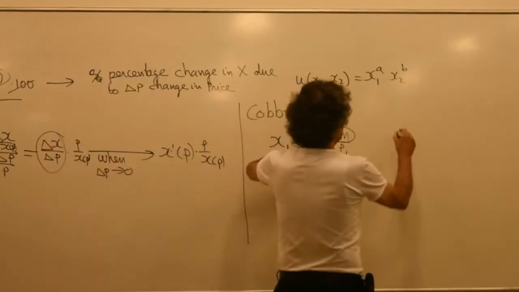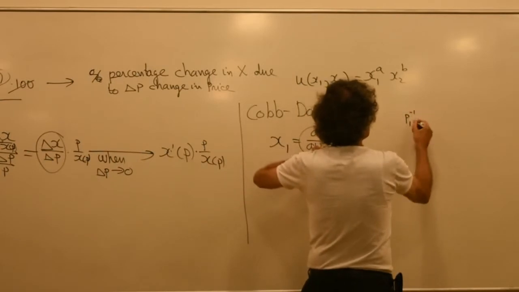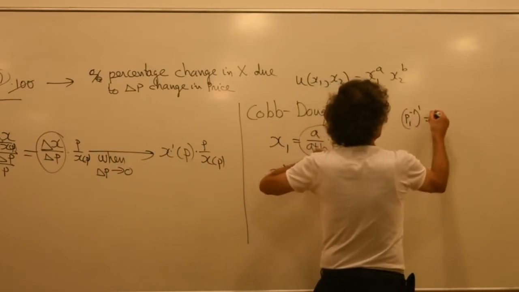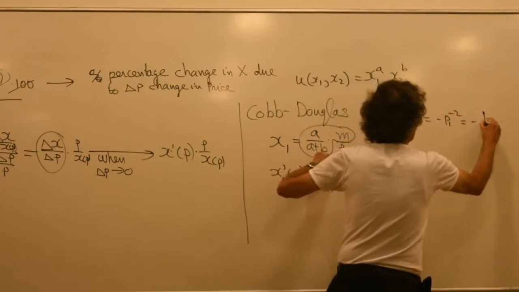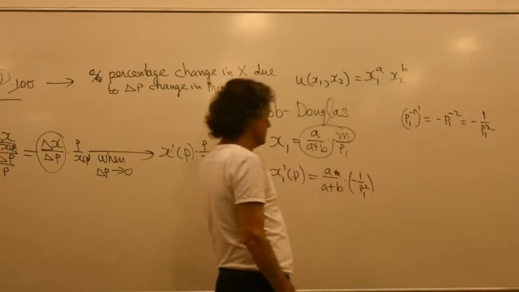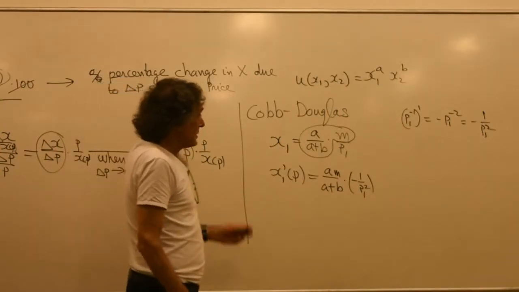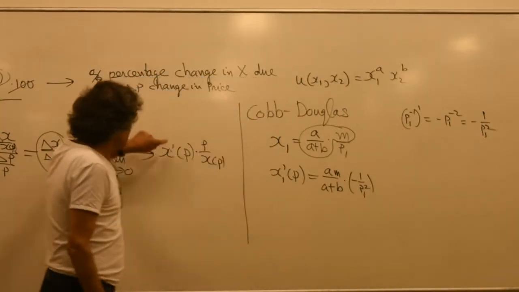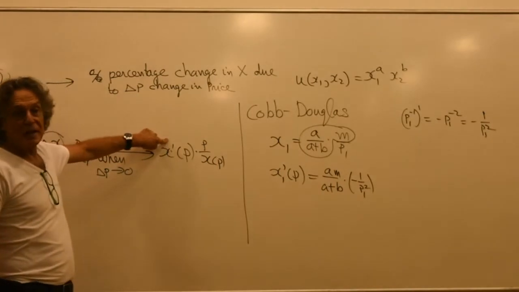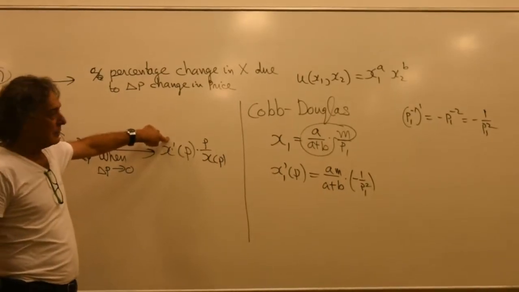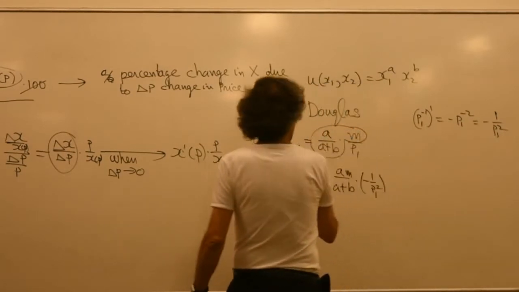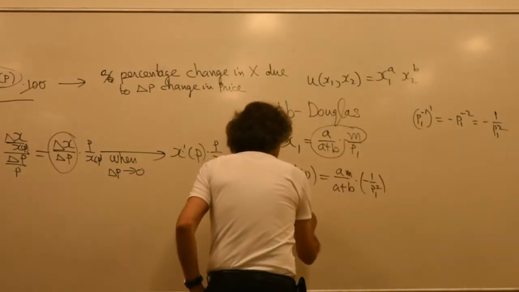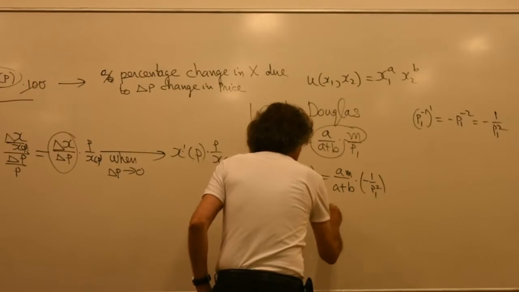This is 1 over p1, it's p1 to the minus 1. When I take the derivative, it is minus p1 to the minus 2, minus 1 over p1 squared. So, by the way, because this is negative, the elasticity of demand is always negative. Okay, so I'm getting this one, and then I have to multiply, so the elasticity of x1 to p1 is